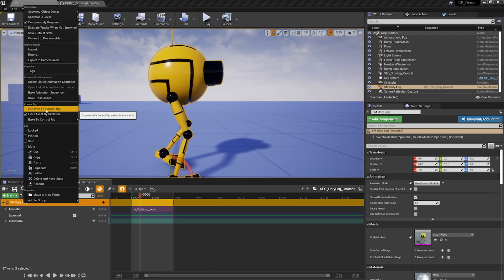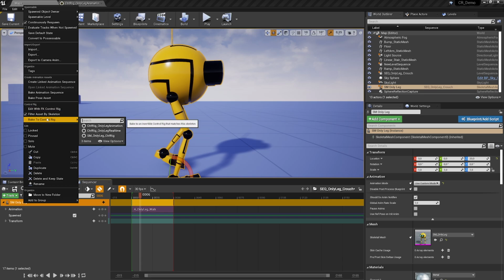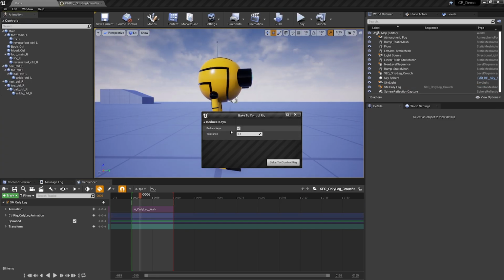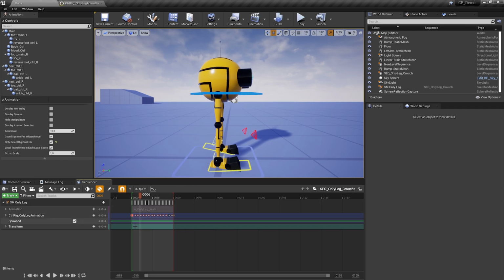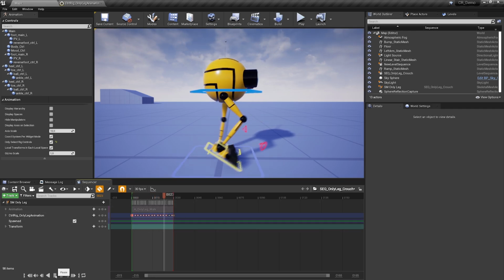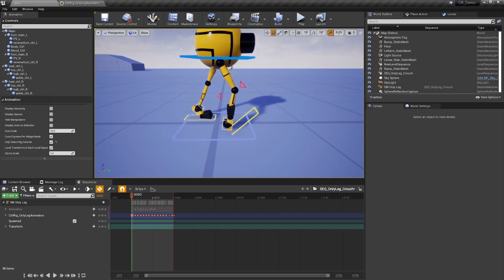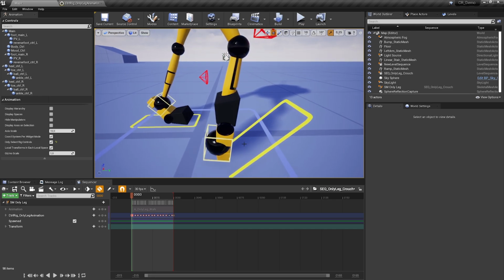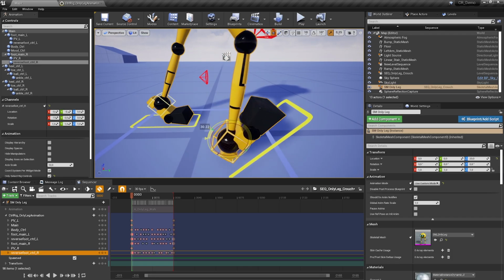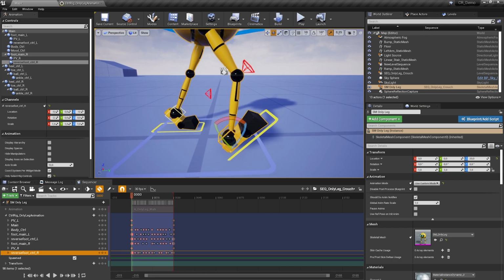And now we can bake a rig on it. We can use edit with FK control rig, which would create controls for each bone. That's not what we want. Right now we want to bake our own rig, which we have prepared, which we will find here. So let's use that. And then we will use keys, find some tolerance and bake it on. So now I have the animation with the control rig on top of that. And you can see already something I made on purpose, something wrong in this animation. So we can fix that. So the feet are completely wrong in the first frame. And to fix this, we just use the control we made, positioning it, and that's it.